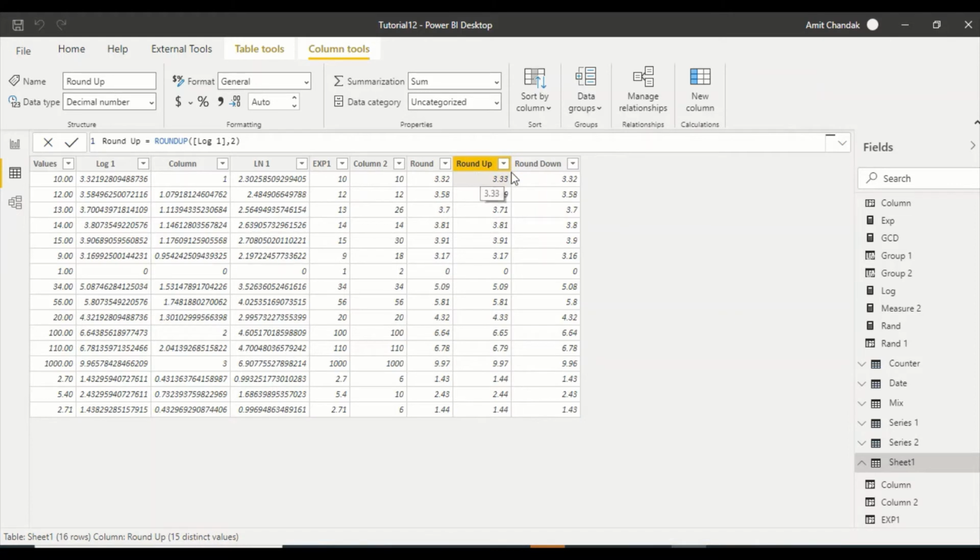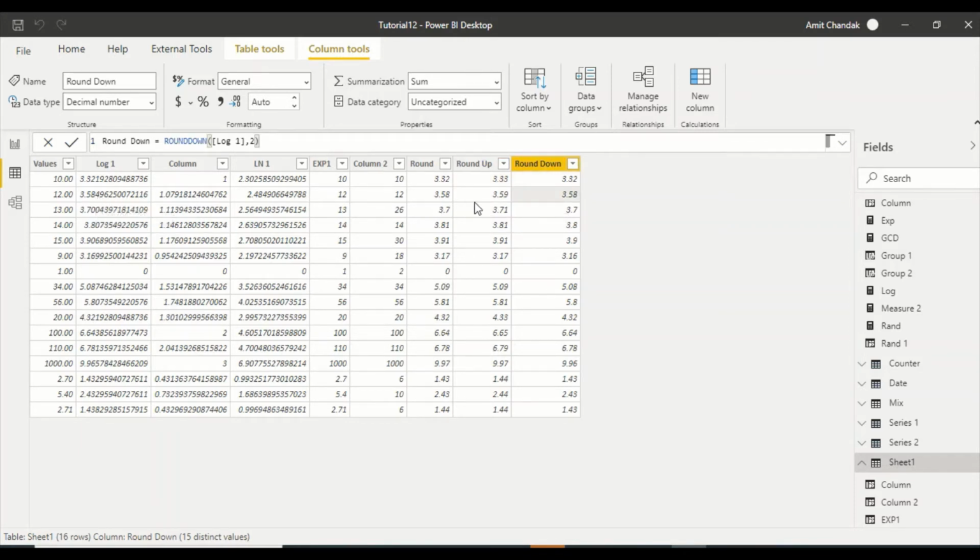Now you see this is 3 3, irrespective of whatever is there, round up means go to the next level. So sometimes you might get a case where they say, irrespective of whatever it is, I want to go to the next higher number, let's say to the next 10th number, or the next 1 by 10th number. So this is where round up is used. Or if you want to go down, like say it's 3.4, still you want to go to 3, or it is 3.4, you want to go to 4, which way you want to go depends on that. Similarly, this one is going to be 3.32, this is going to be 33, and round can be one of these two numbers depending on where this digit lies.